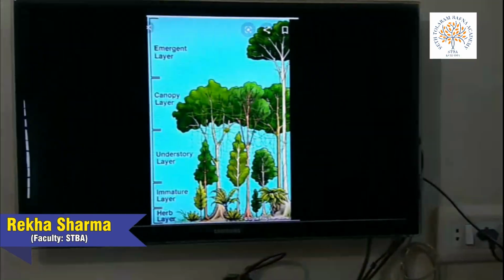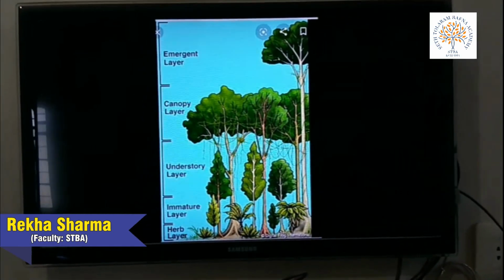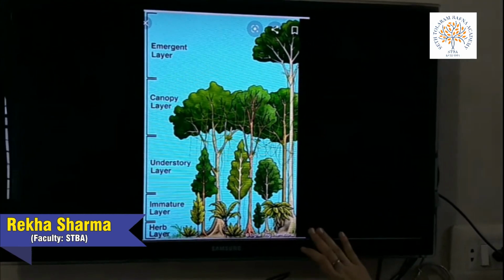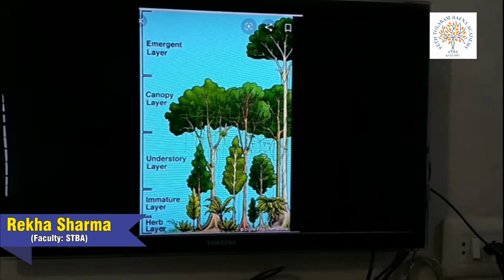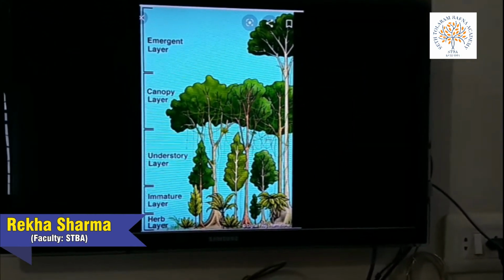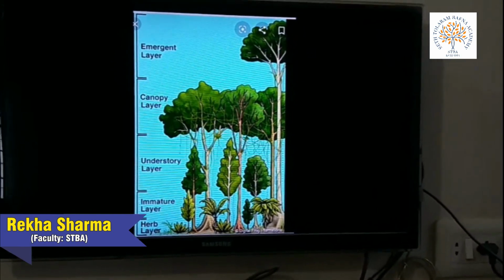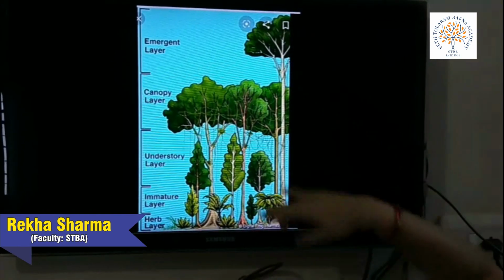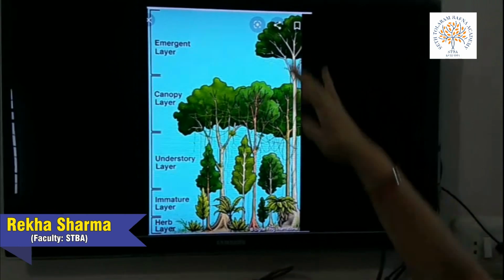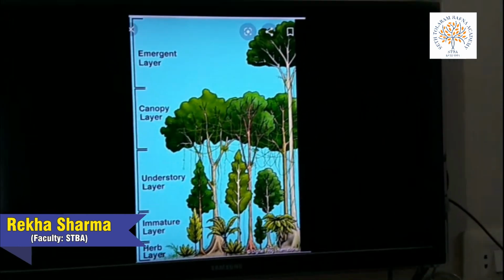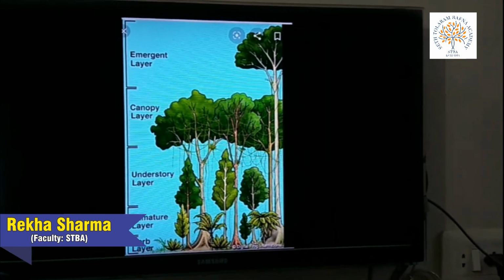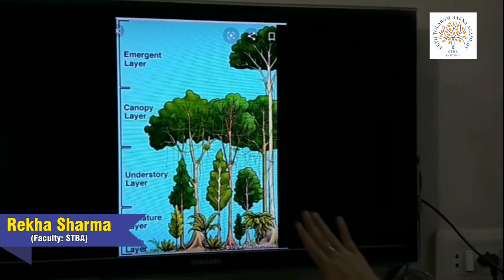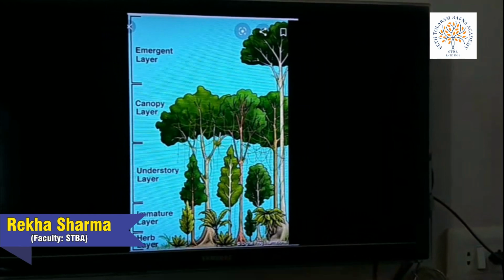The vegetation here consists of dense, lush tropical rainforest. The forest has evergreen, broad-leaved trees that grow over 75 meters high. As you can see in this image, the tallest trees are about 75 meters high and have wide crowns. A special feature is the variety of trees, as you can see in the different parts of the trees.